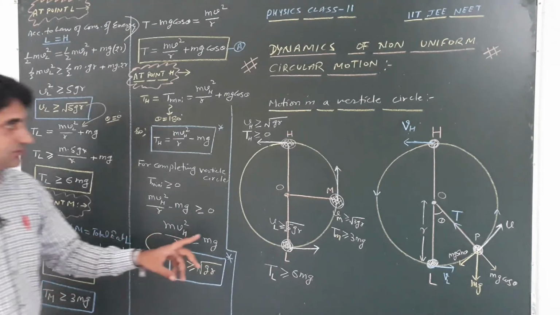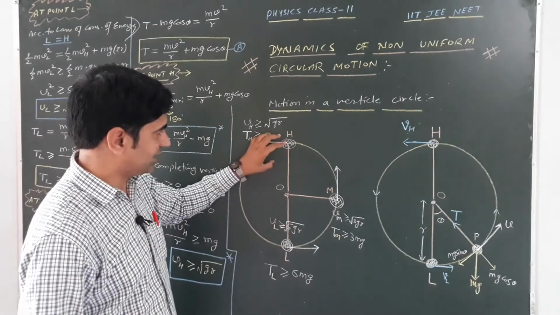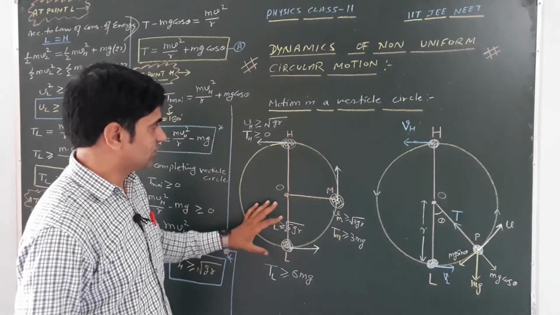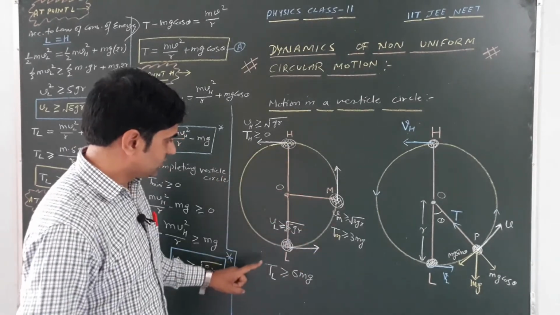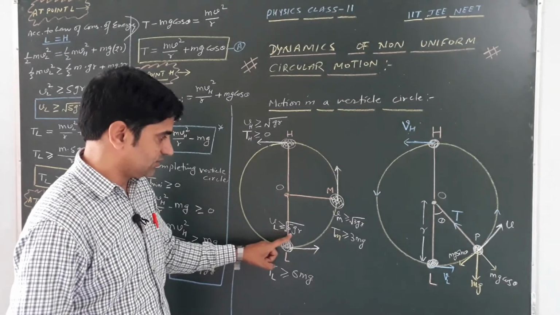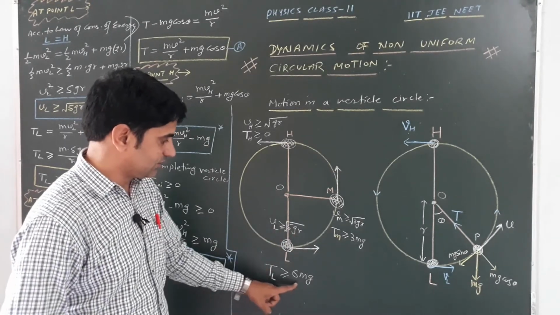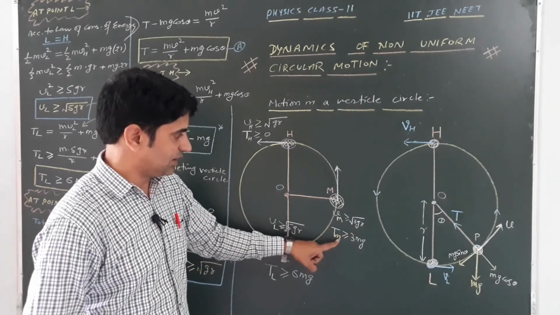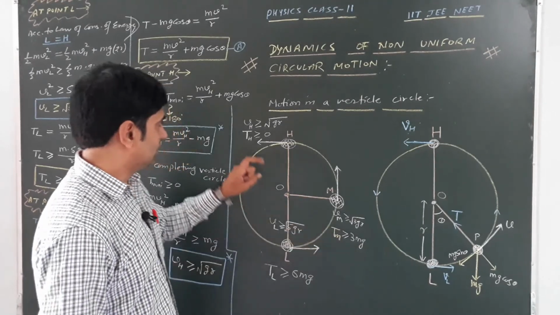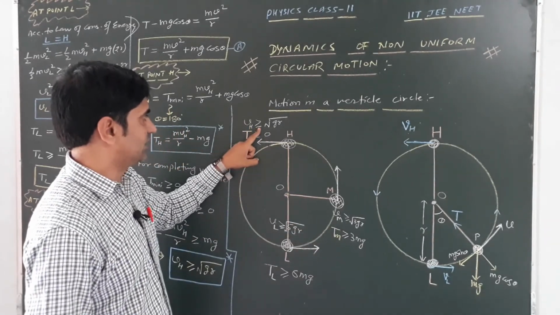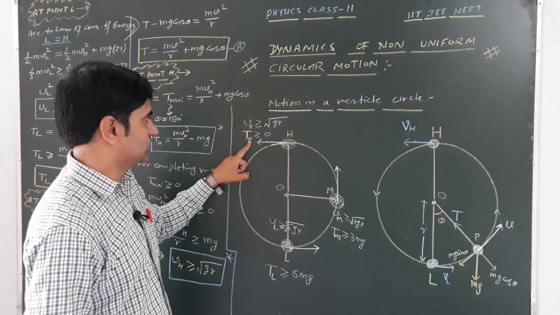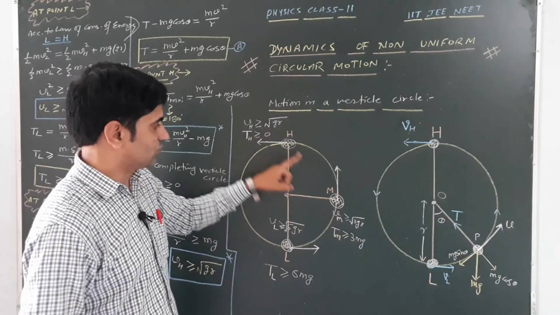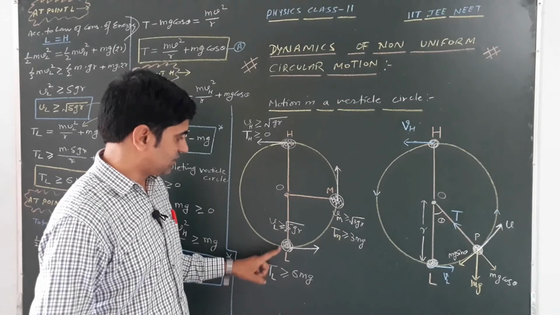So at the different positions, lowest point, highest point, and at point M, the velocities and tension in the string needed to cover the circular path are as follows. At the lowest point, VL should be greater than or equal to square root 5gr, TL should be greater than or equal to 6 mg. Vm should be greater than or equal to square root 3gr, and Tm should be greater than or equal to 3 mg. Similarly, at the highest point, Vh should be greater than or equal to square root gr, and Th should be greater than or equal to 0. So one can easily relate that the minimum velocities are square root gr, square root 3gr, and square root 5gr at the lowest point.